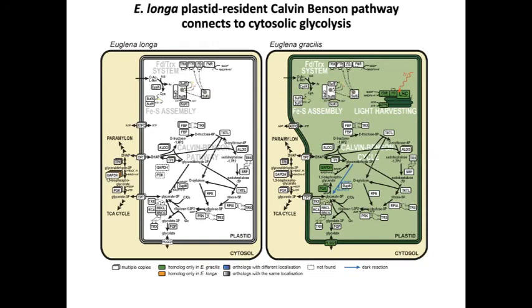So we were thinking what could be the function of this whole thing, and one thing that really comes to mind is that this is not an isolated thing. The pathway somehow cooperates with the cytosol, and it probably exchanges triose phosphates with the cytosol through the triose-phosphate transporters. And when there is an accumulation of glyceraldehyde 3-phosphate, this has the effect that also NADPH is accumulated and activates the rest of the pathway.